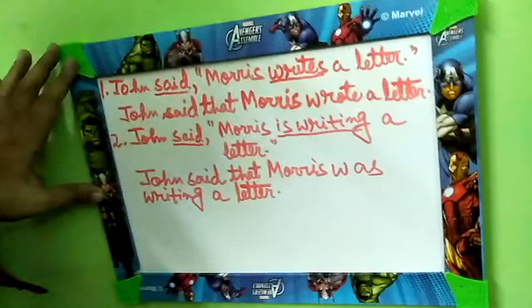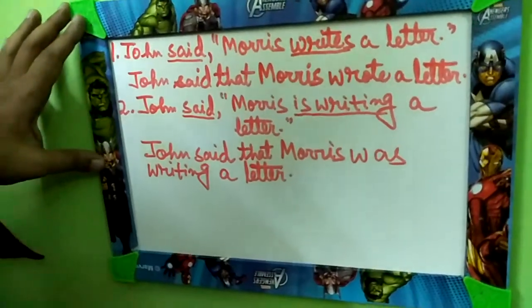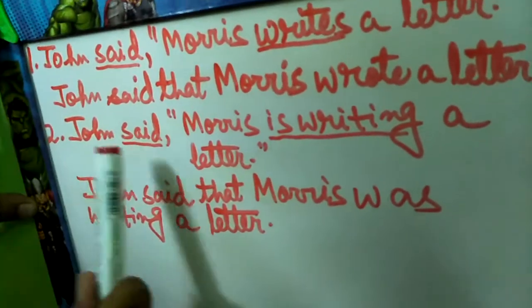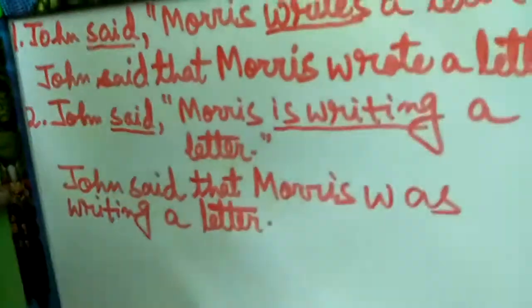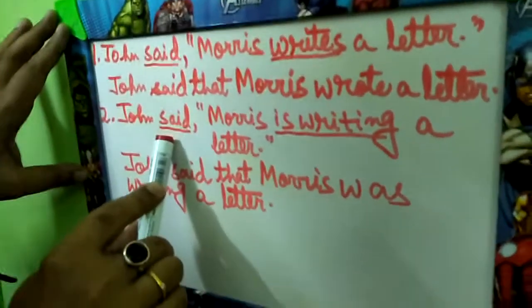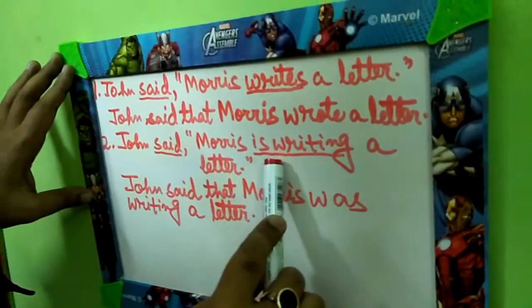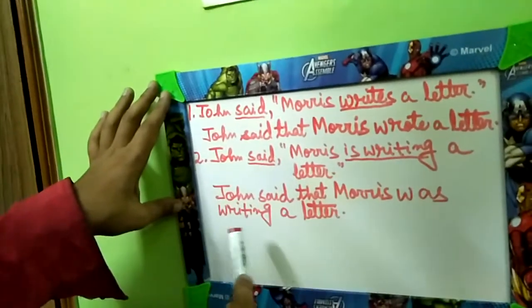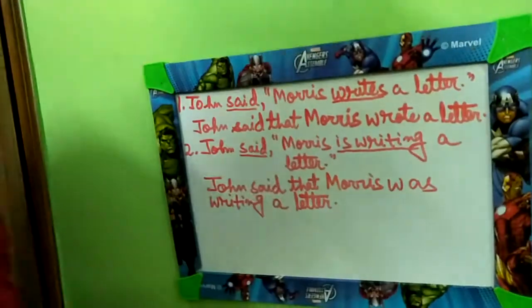So what did we do? Did we put any extra brain? Did we think anything extra? No, you applied the formula successfully. I hope all of you have your formulas which I have taught you. The formulas are in front of you. So according to the formula, if the outside verb is past tense and the inside verb is present continuous, then the verb in the answer will be in past continuous. Now next,